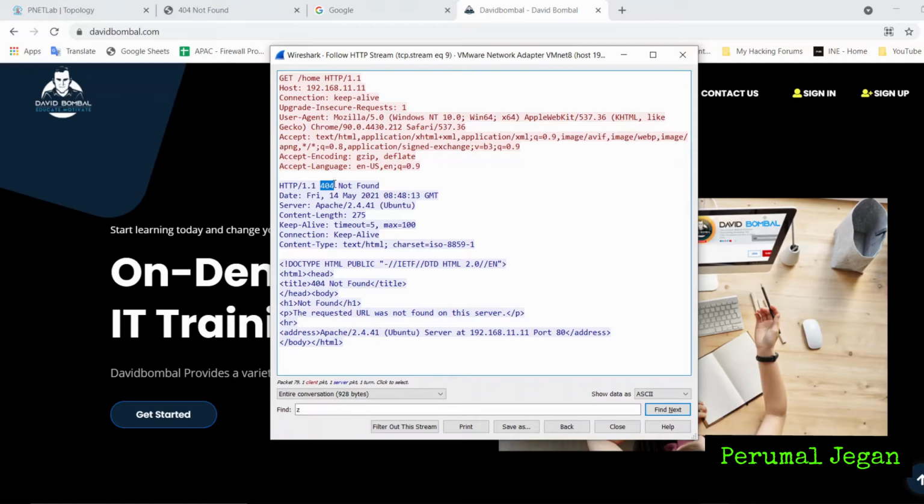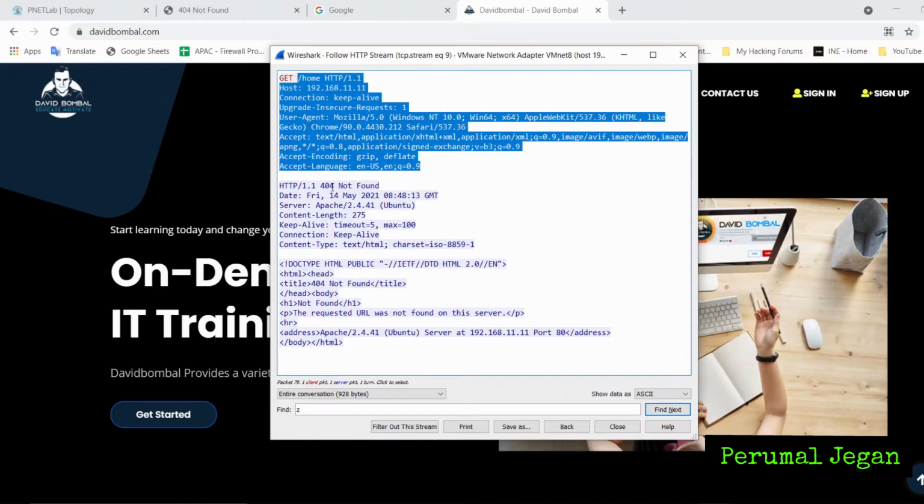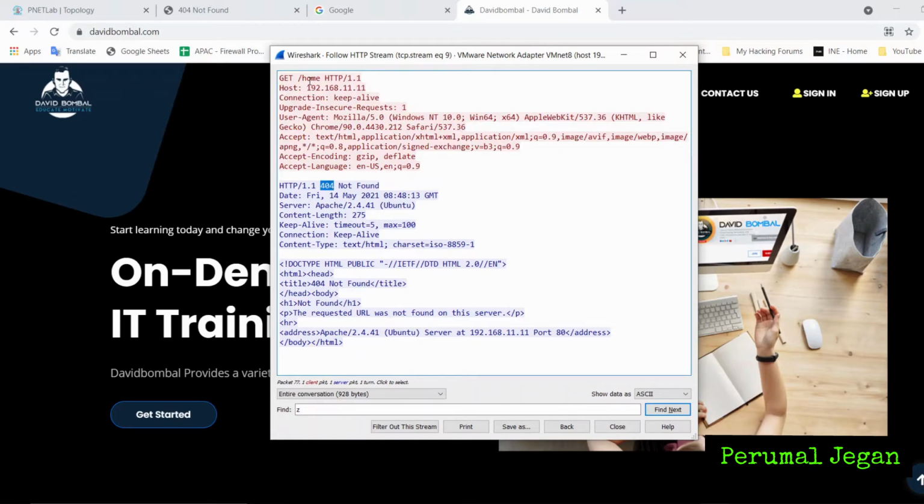Of course, when you get 404, the content is not found, which means the request itself is wrong, because the user requested an invalid directory. The directory is not present in the web server. So in that case, it gives 404. So something has to be changed at the client end. So whenever you get a 400 series status code, you need to check your request and change whatever mistake you are making.